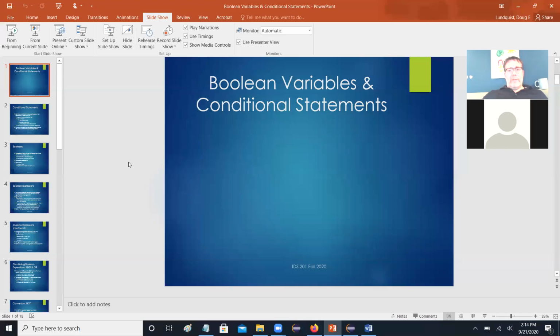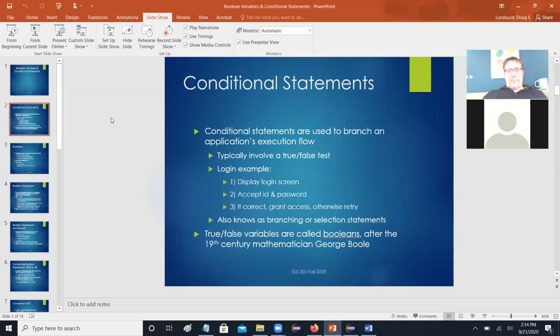Okay, Boolean variables and conditional statements. So, conditional statements are used to branch an application's execution flow, and they'll generally involve some kind of true or false test, some kind of this, not this kind of operation. For example,